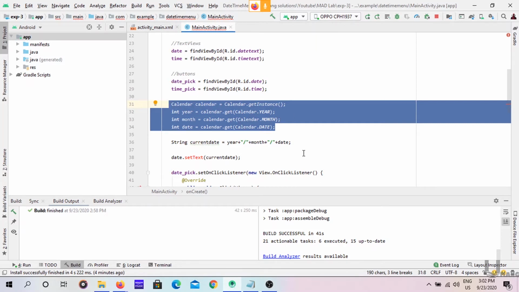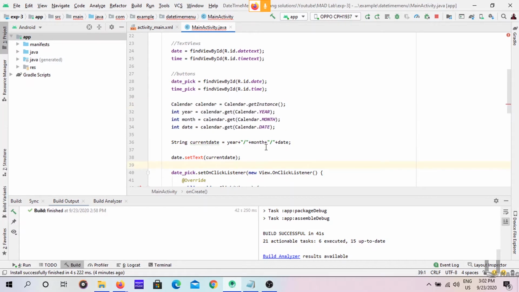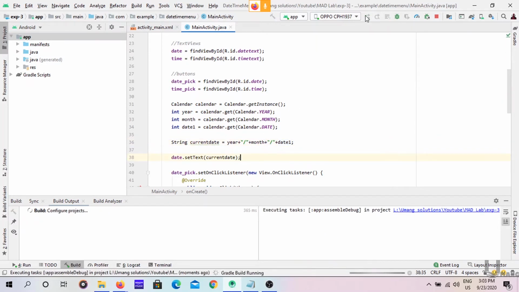So let's verify that. What is the error? Cannot resolve the method set text. Oh, sorry. These two variables are overlapping with each other. Change the variable names to date1 and date2. Yeah. So now I will run the application. We can see.